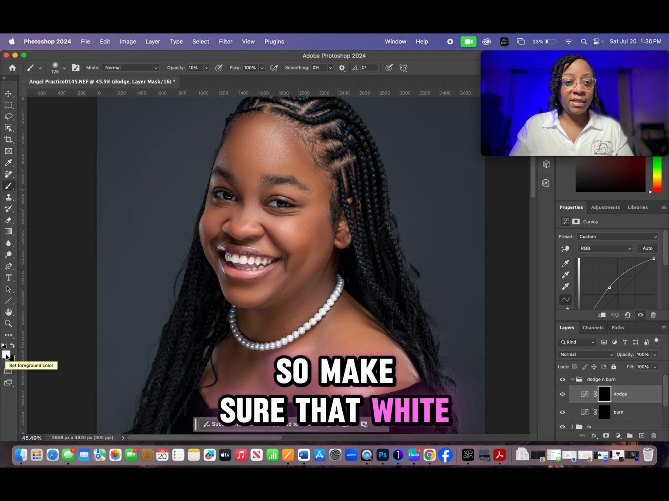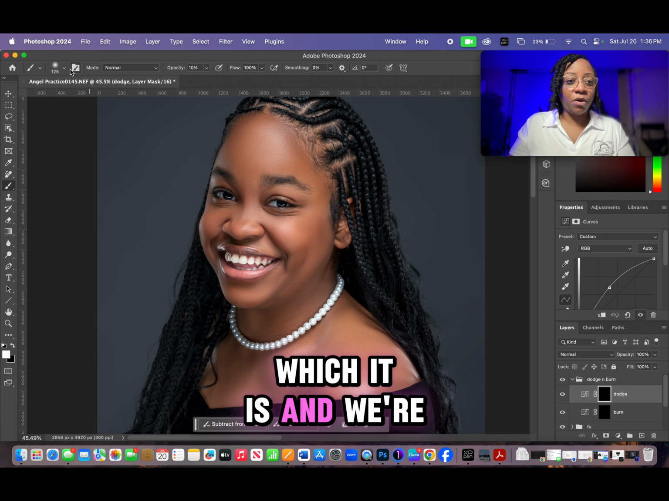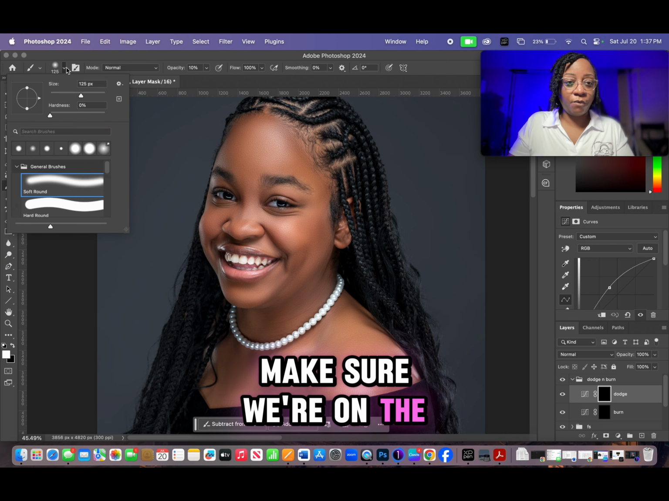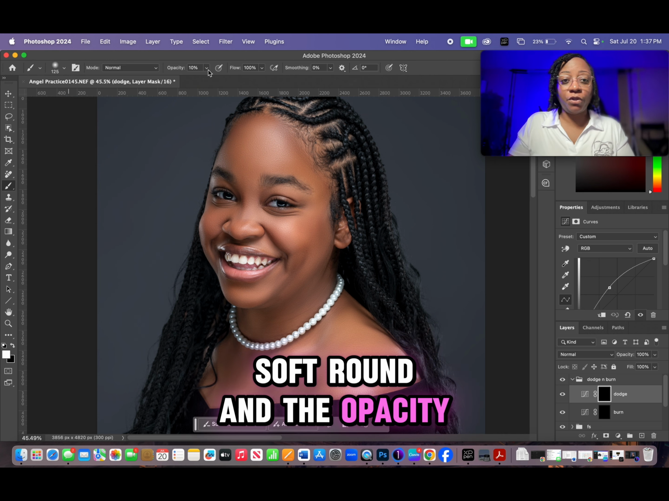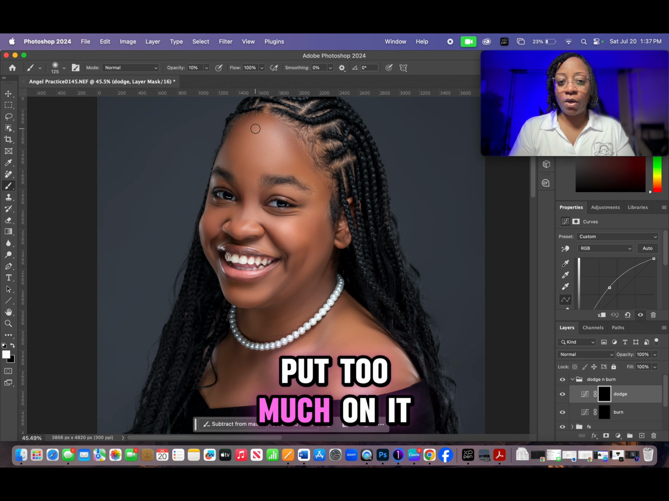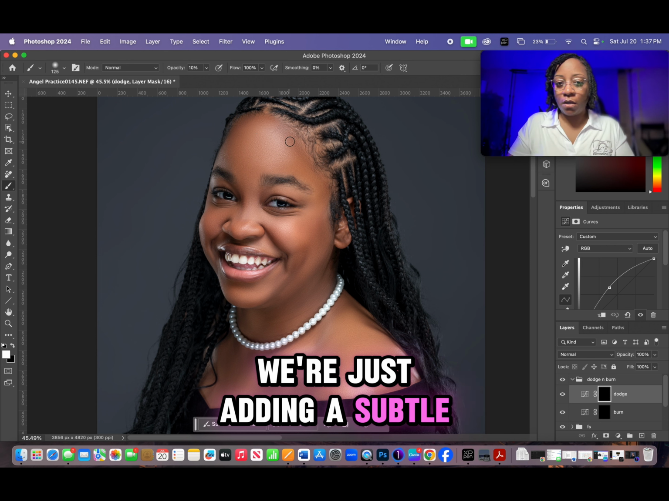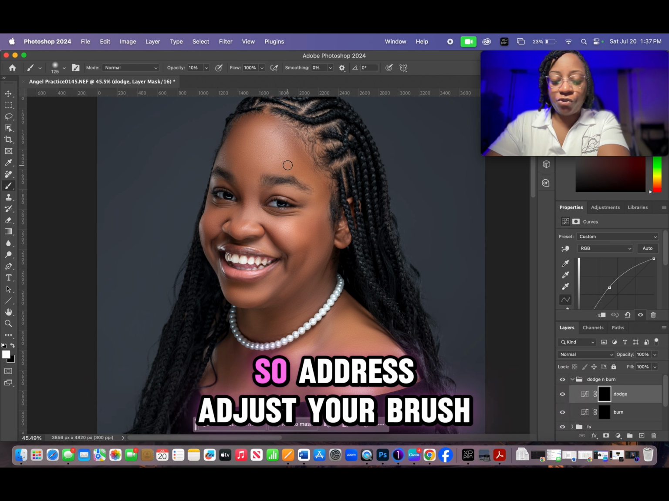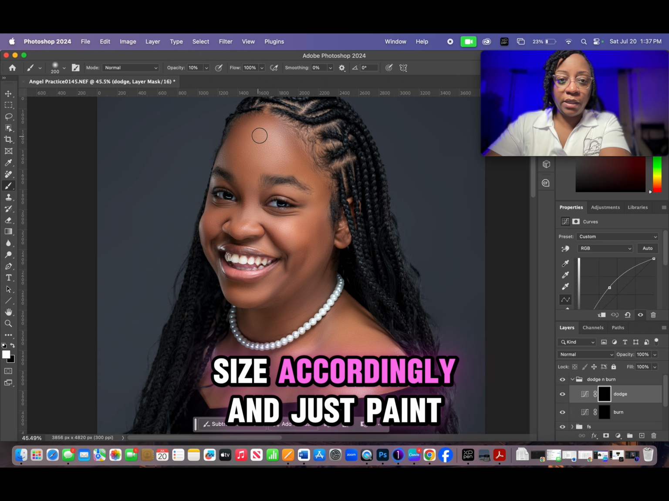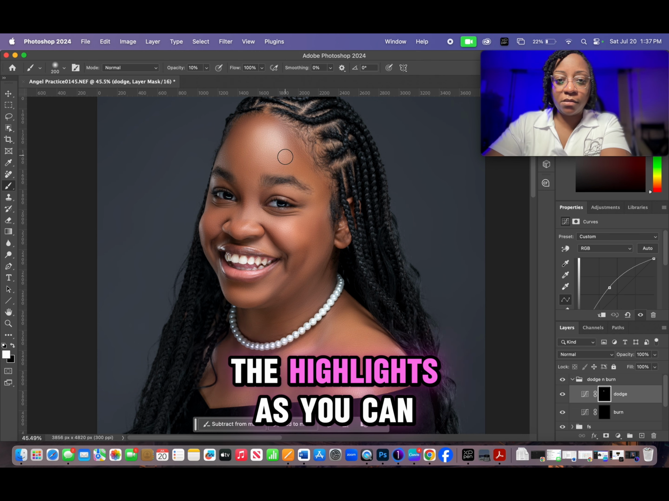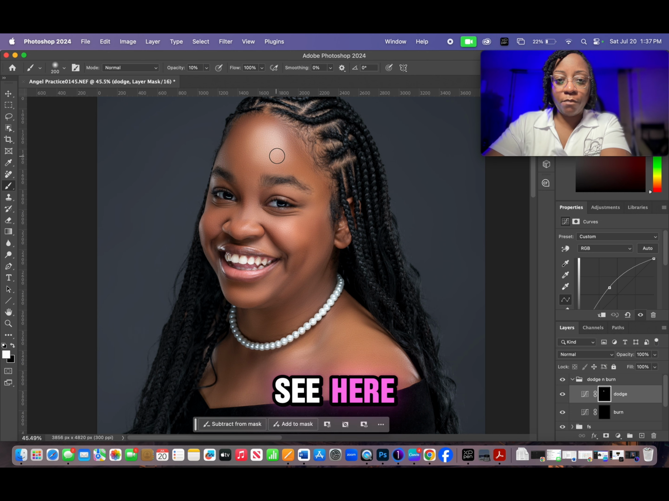So make sure that white is selected, which it is, and we're going to also grab a soft round brush. Make sure we're on the soft round. And the opacity, we're going to put it all the way down to 10 because we don't want to put too much on it. We're just adding a subtle shininess to those highlights. So adjust your brush size accordingly and just paint back on the highlights. As you can see here, we're painting on that